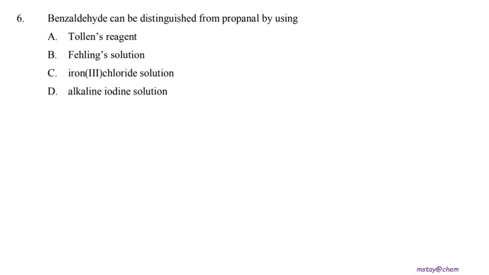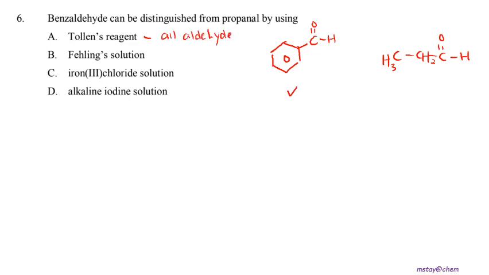Question 6, benzaldehyde. So this is the structure for benzaldehyde, and then propanal. This is the structure for propanal, CH3, CH2. Tollens' reagent: all aldehydes will have a positive result, so the Tollens test is not suitable. If B, Fehling's test, only aliphatic aldehyde will show a positive result. So benzaldehyde has no reaction towards Fehling's test,